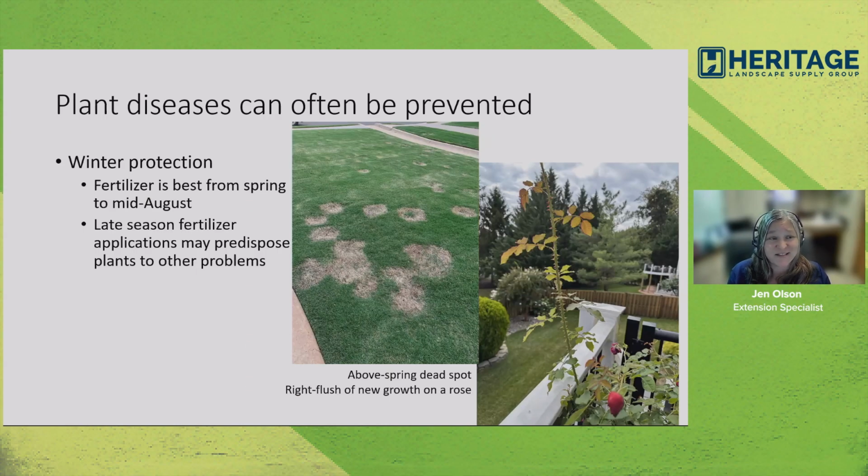Winter protection. So we're getting into fall, winter. Where I start to see some diseases more commonly in the landscape is when we're fertilizing late in the year. Usually mid-August or September is when we stop. You're more likely to see things like this spring dead spot in this grass. Or in that picture on the right, this was a fertilized rose very late in the season. It's just not going to be as tolerant of frost and freeze if we have this succulent growth